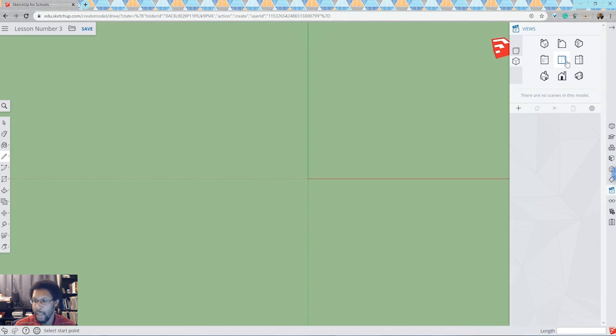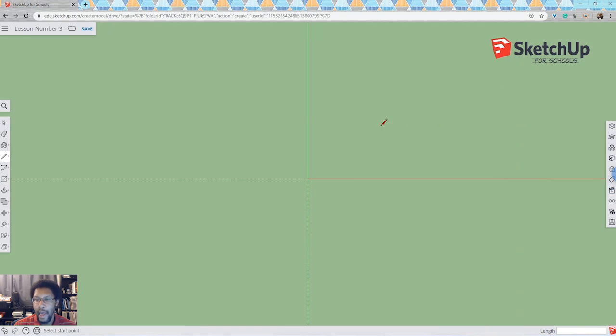So we select that one, and we can see instantly that our 3D view just becomes these red and green lines. And that blue line that we see, which represents the height of the object, is missing from view. It is still there, but it's a line that just goes straight up from the center, pointing out towards the screen, towards you. So we can ignore it for right now and just focus on the one surface right here, this one plane. So we hit the X button right here,